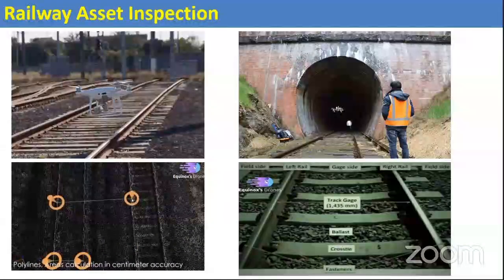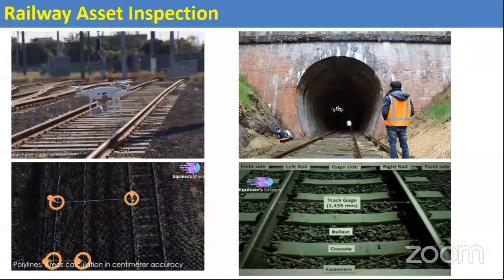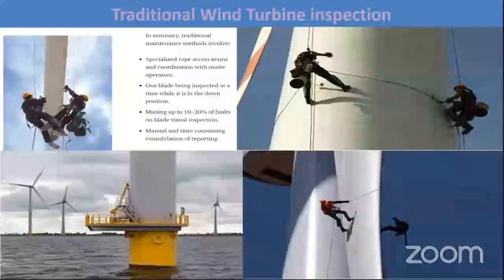Here is an example of how railway asset inspections are being done with drones. You can have lidars, and you can have other cameras, with which you can do gauge measurement between the rails, which is very important to make sure of the safety of the rails and stuff like that. So here you can see a drone flying, acquiring data, getting processed, and really the track gauge measurement is getting done. And this is just one simple example. And when you're talking about tunnels, where you want to inspect the rails inside the tunnel, a drone is a better delivery mechanism to send.